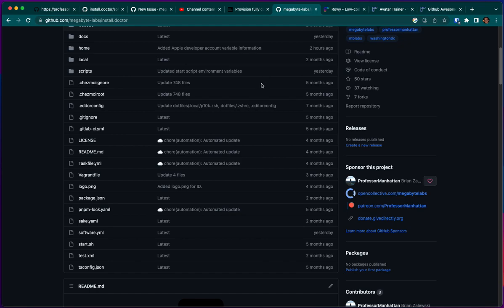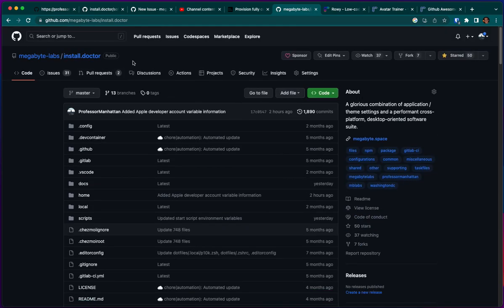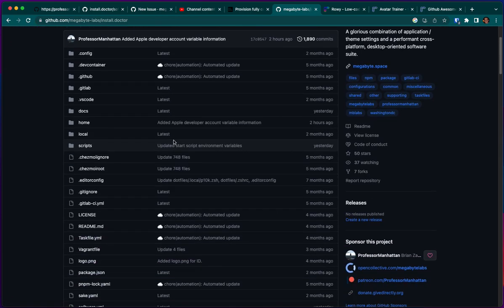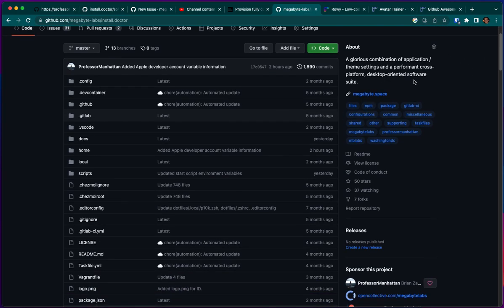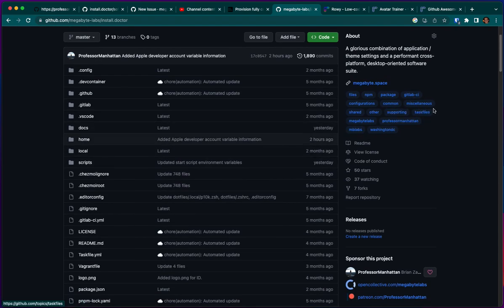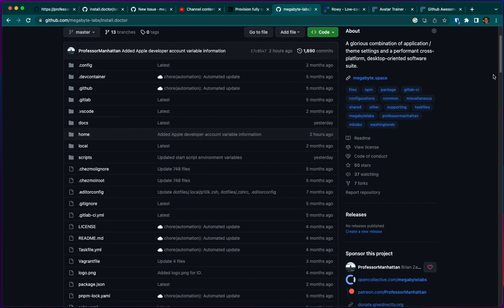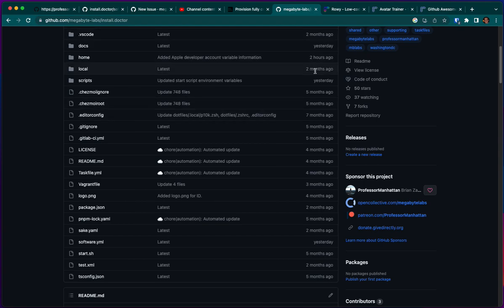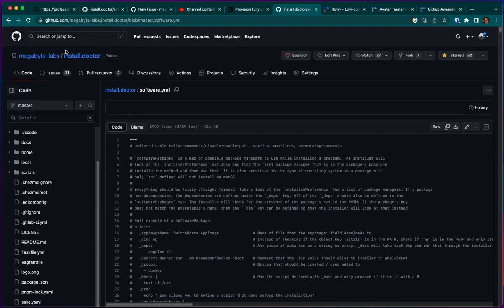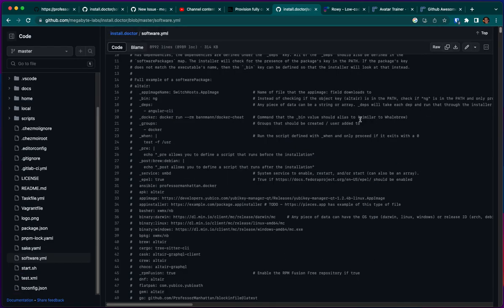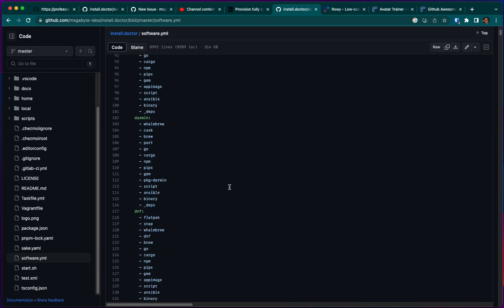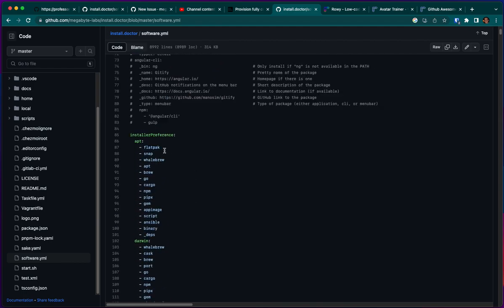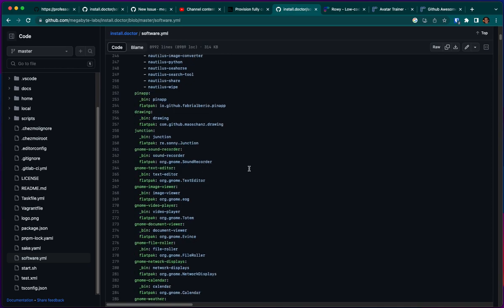Okay, so here is the Install Doctor repository. It's Chezmoi based, which doesn't really matter for this project, but it's Chezmoi based because most of the configurations for a system rely on configuration files stored in dotfiles, like .config and .local. But what we're concerned with for this particular project are the software definitions in the software.yaml at the base of this project. At the top we have some documentation outlining all the different possible fields, but to get into it, if you scroll down a little bit